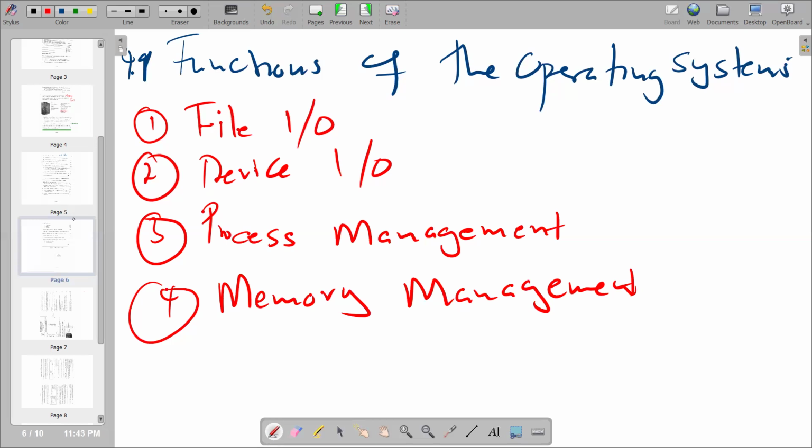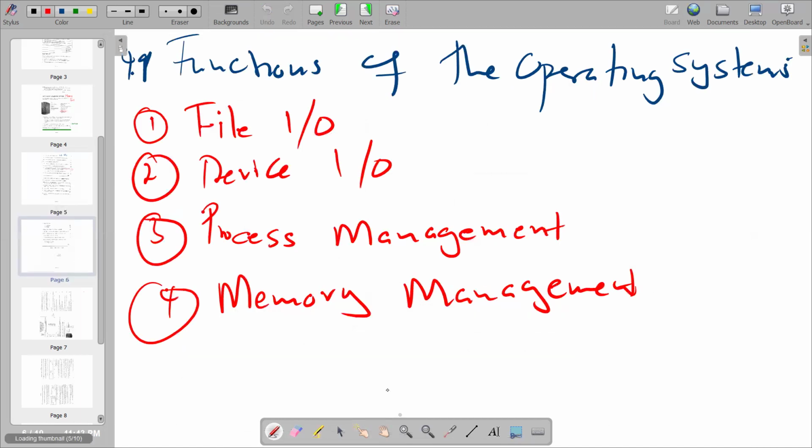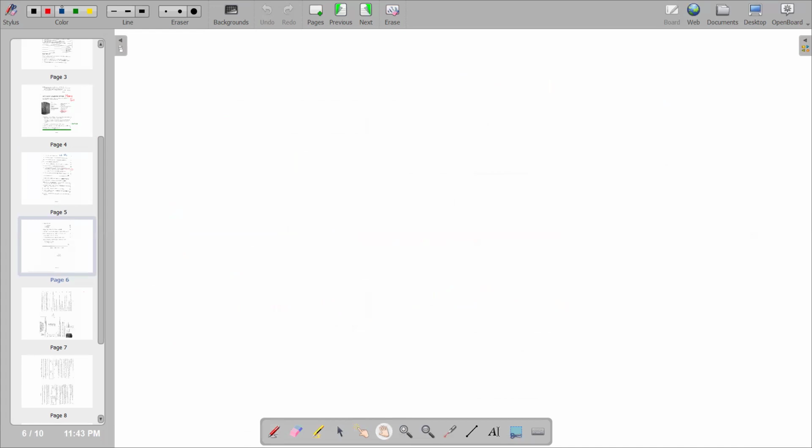Then we move on to the next question, which is now 4.10. It was suggested that prices for the 3 different types of monitors be obtained first before purchasing. List the three different types. So the question needs us to identify types of monitors. Right? So let's try to identify them. So we're saying this is our 4.10, and we are looking for types